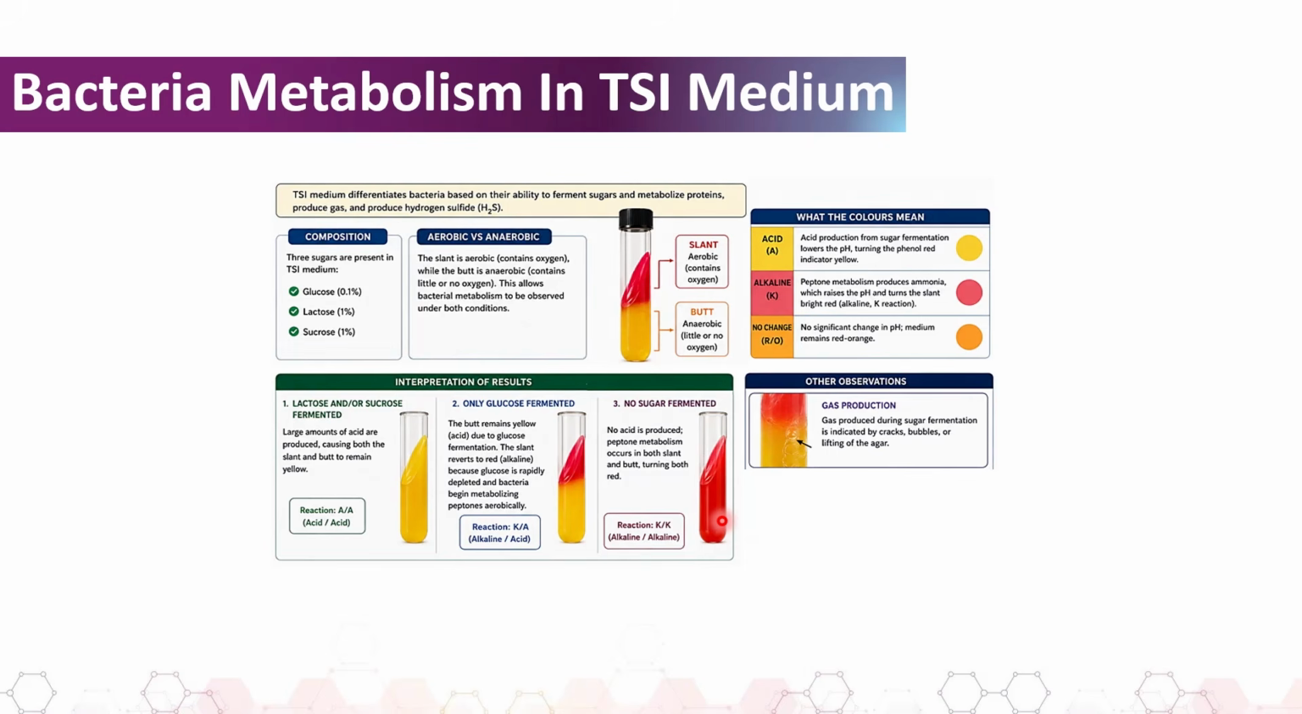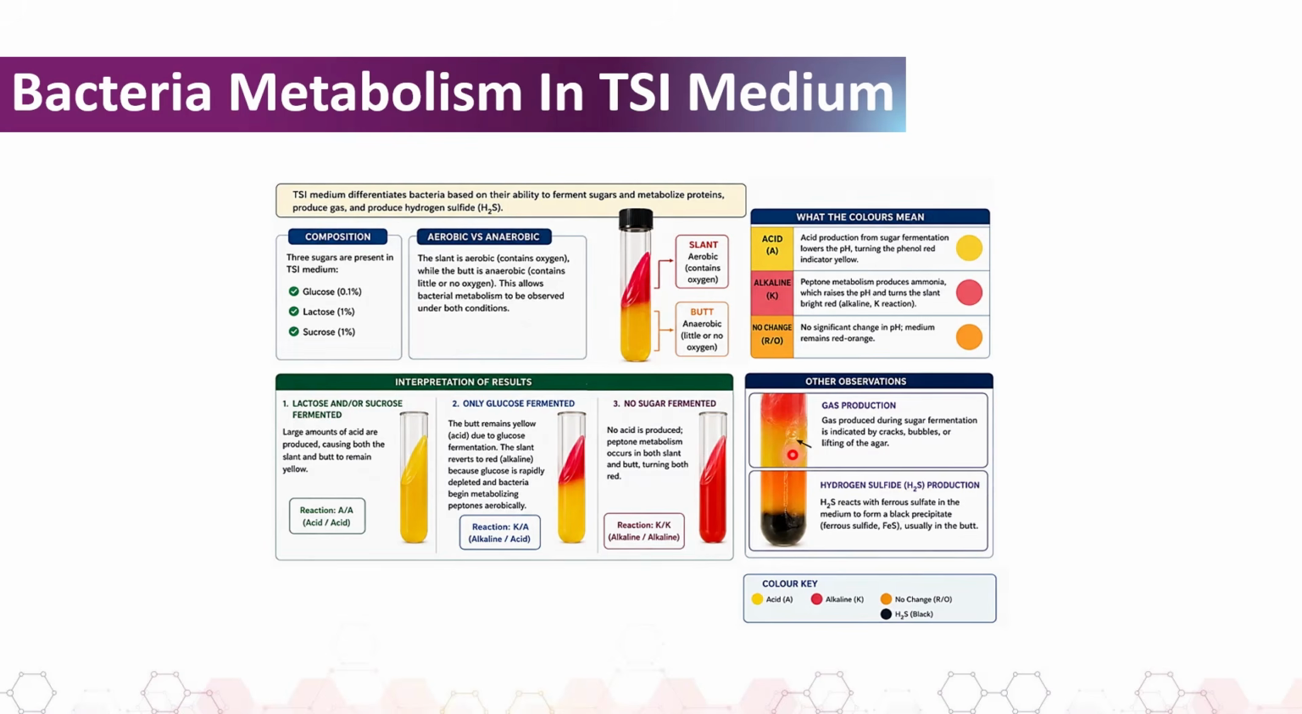So let's see other observations that are likely to be seen in the TSI medium test. Whenever there's gas production, the gas produced during sugar fermentation is indicated by cracks, bubbles, or lifting of the agar as shown here. For hydrogen sulfide production, the hydrogen sulfide reacts with the ferrous sulfate in the medium to form a black precipitate, which is called ferrous sulfide,